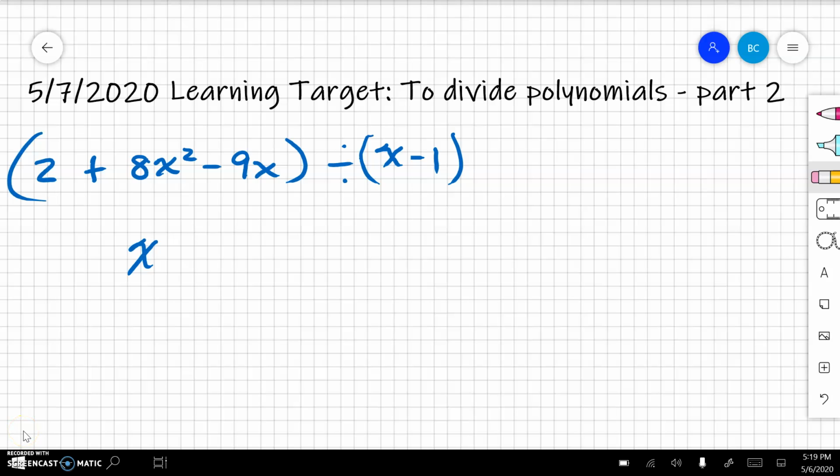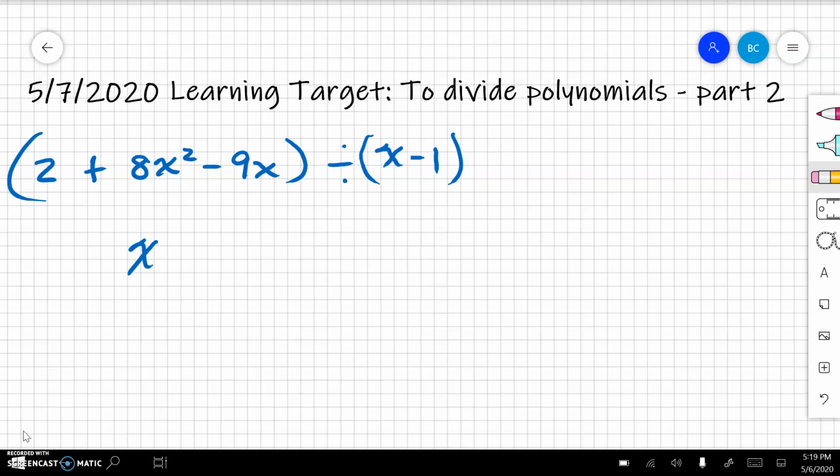Today our learning target is to divide polynomials, and this is the second part of our lessons on dividing polynomials. If you have not watched yesterday's video and you haven't practiced with yesterday's assignment, please do that before you continue with this one. I want to do a couple problems to start us off to refresh what we did yesterday, get your brain back in the mode, and also to emphasize a couple things that I